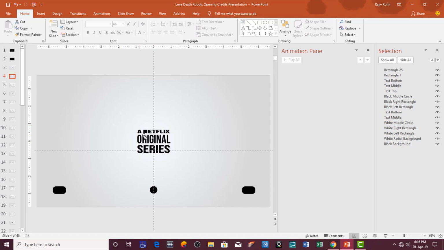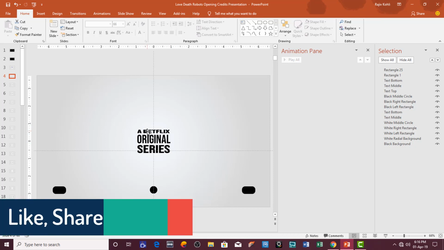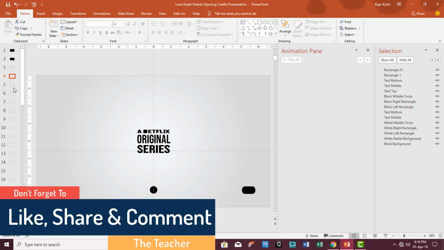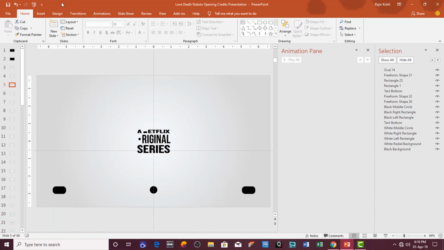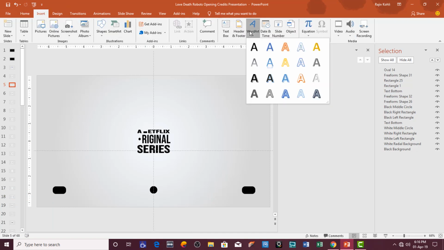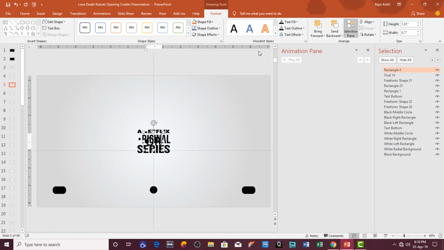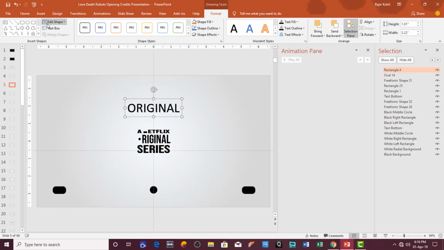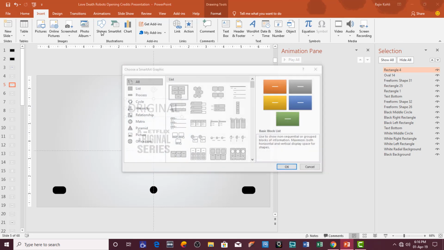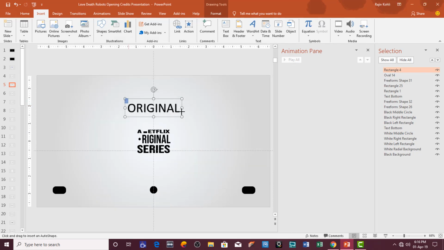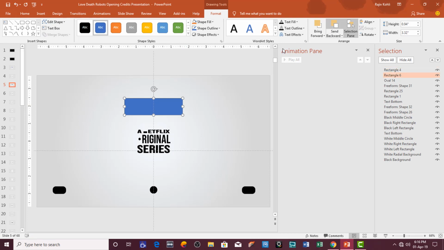So on the 4th slide you can see the text here converted into a rectangle here. Then here I deleted the O and placed an oval here. So how I did this, let me show you quickly by typing the text first, and then let me move it on the top and then draw a rectangle here, send it to backward, select both of these objects and use merge intersect command, and now